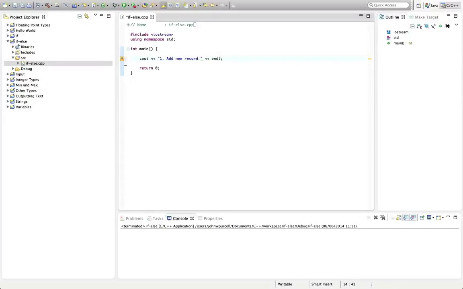Endl. And I want to have a bunch of different options. I'm just going to copy this to save time. Let's have a few of these. And let's say we can have delete record and maybe view record and search record,